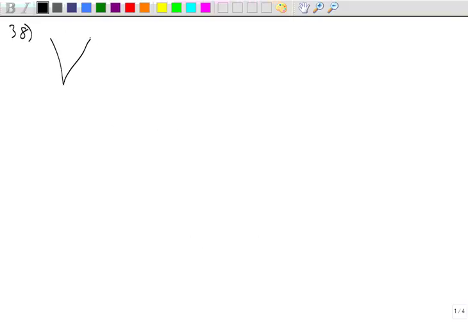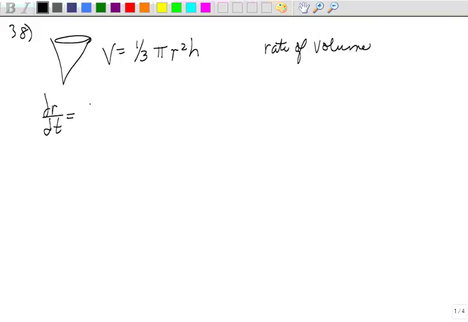Okay, 38, we have a cone. The volume of a cone is 1/3 pi r squared h. I want to find the rate that the volume's changing. The height's decreasing, so the radius is increasing, so it's positive, and that's not a partial, that's a derivative because h only depends on time. And the height's decreasing, so it's negative. So dV/dt